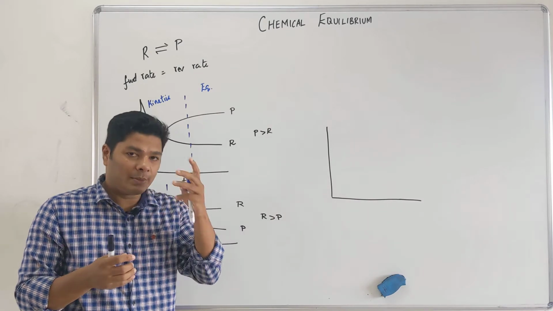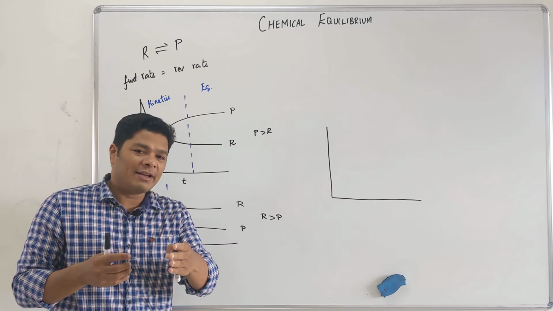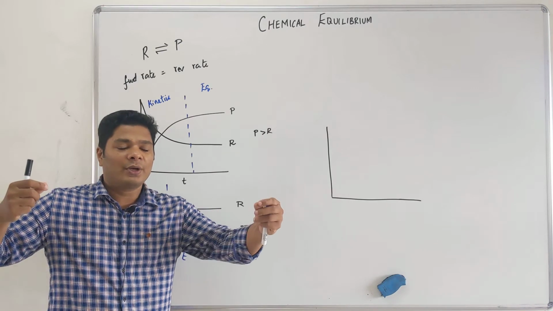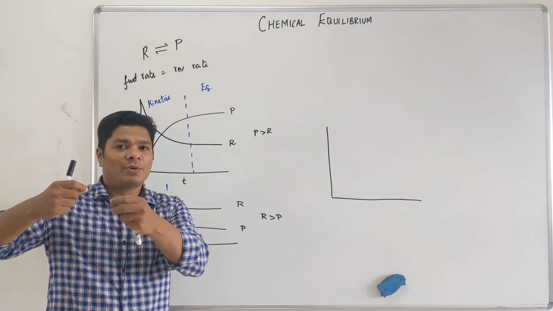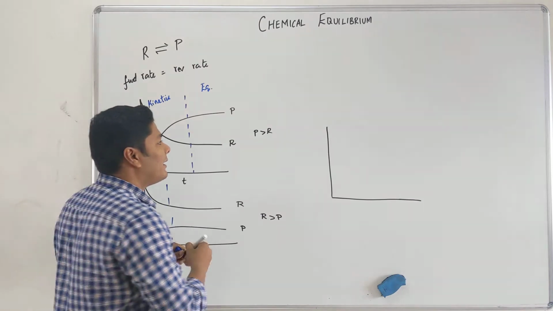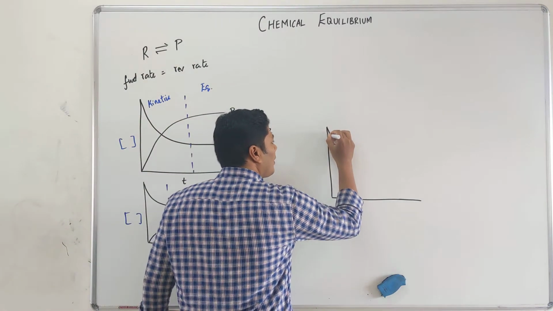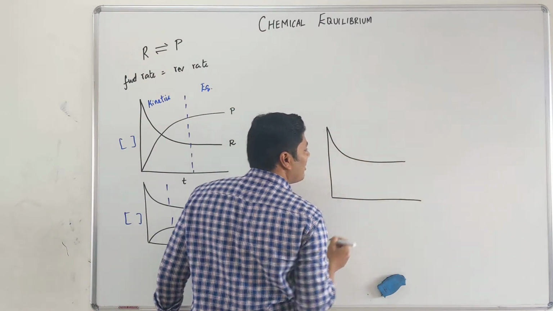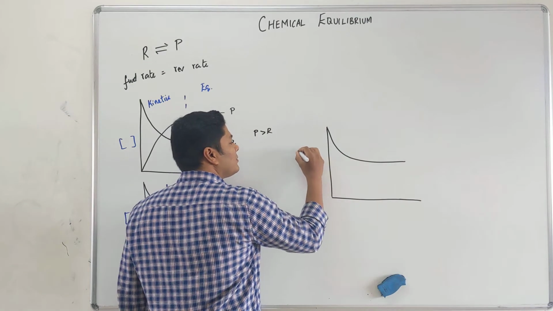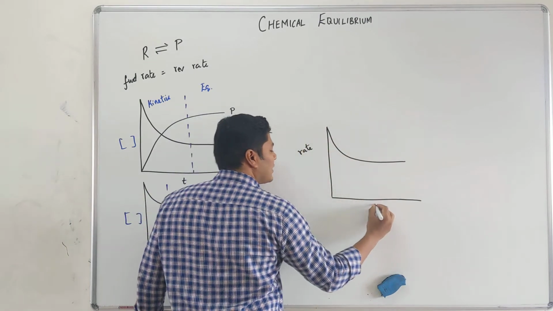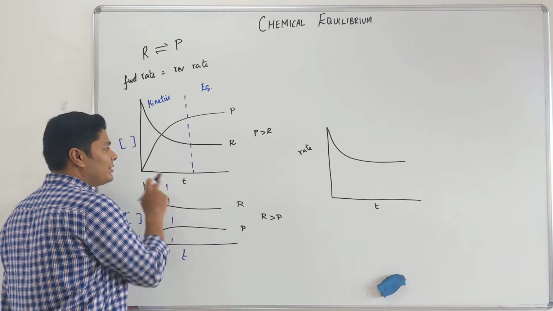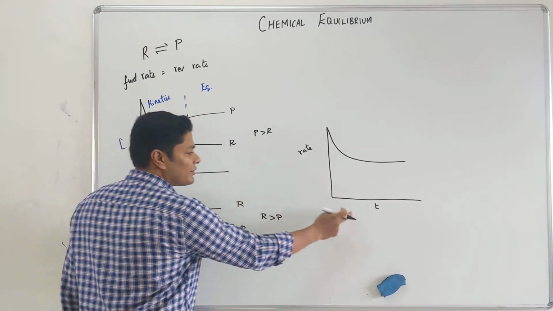high. Okay, as time goes on, the reactants keep decreasing, so the chances of one reactant meeting another reactant are lower, because there may be a product molecule in between. So the reactant rate drops, and after some time it becomes constant. So this is rate, this is time. So these two graphs are completely different. This is concentration versus time, this is rate versus time.